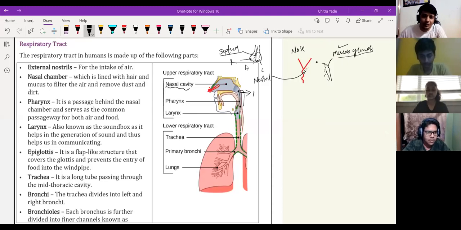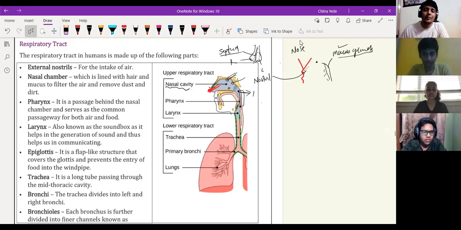So where were we? After the nostril, the nasal cavity is present. Here in the nasal cavity we have the sinus part. In the sinus a warm area is present, so the air becomes warm. The air that we breathe has to become moist as well as warm so that it is absorbed in our lungs properly. To absorb oxygen from the air properly, that air has to become moist as well as warm.